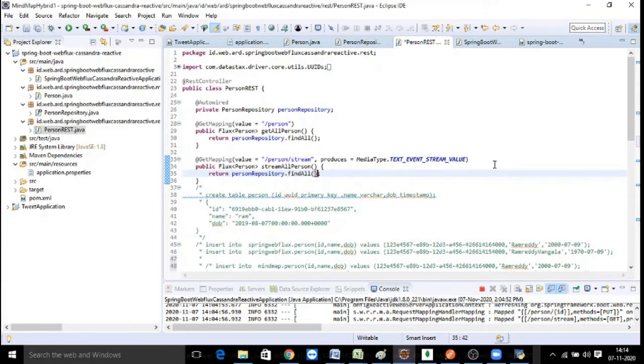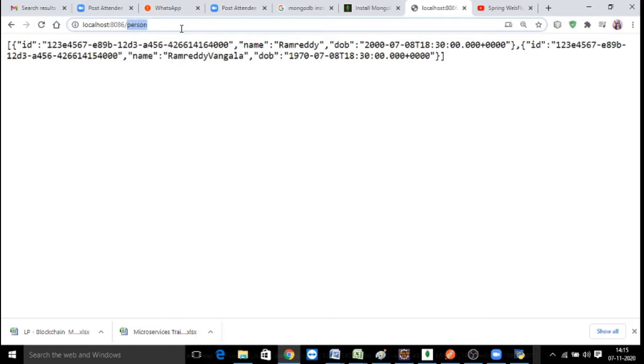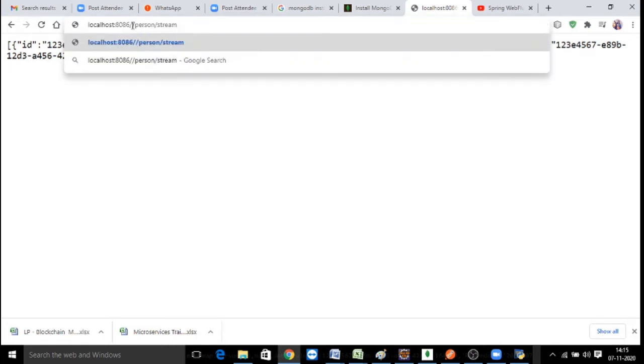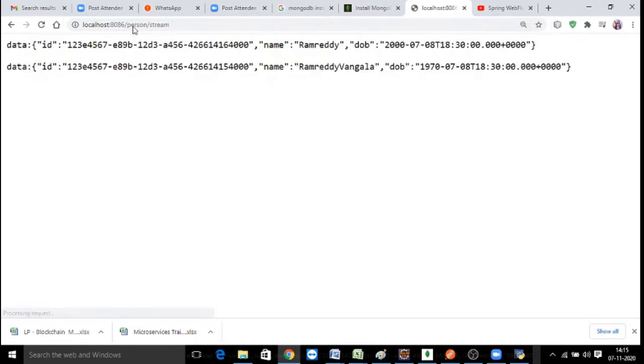As it is provided by the database, it is going to be published in the application. Similarly, the streamed information we are going to access by using a different endpoint called person stream. So whenever you go with this, it is going to support the streamed data. So now it is going to load your values.